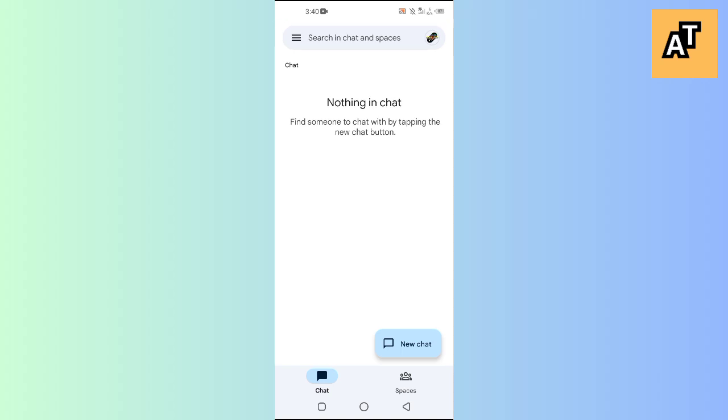The first thing you need to do is make sure that you are signed in with your Gmail account. If you are signed in on your Android phone with your Gmail account, then this Google Chat application will automatically sign you in with your Gmail account. Okay, so right now as you can see I have signed in,